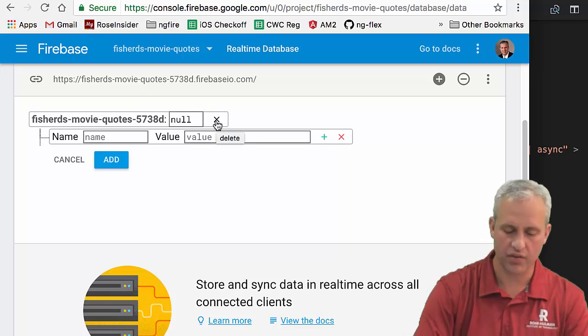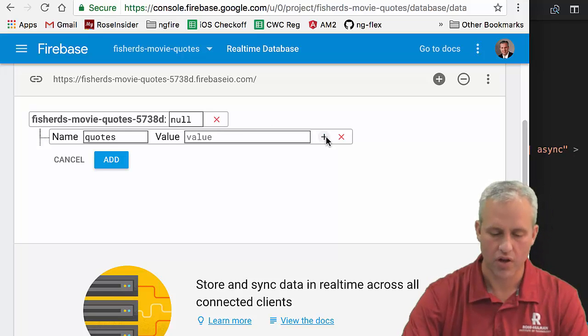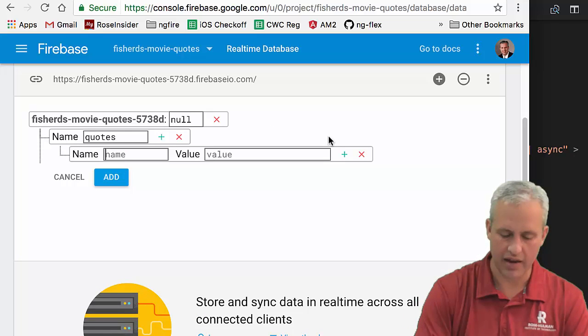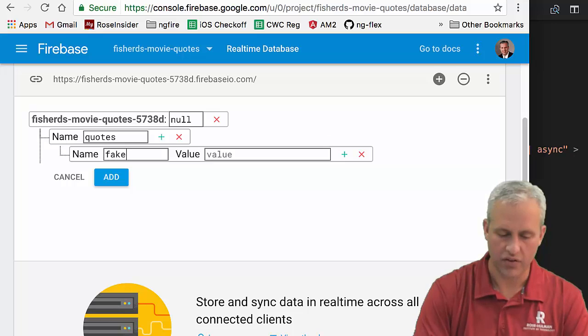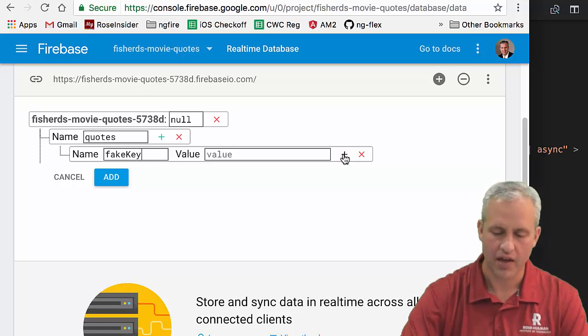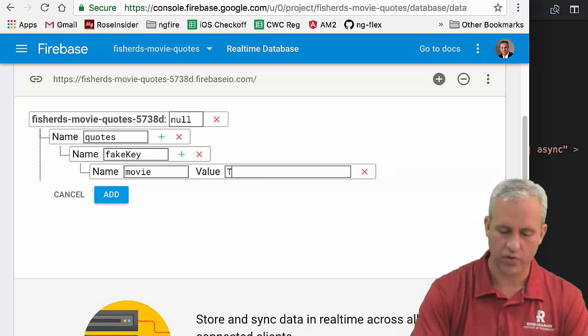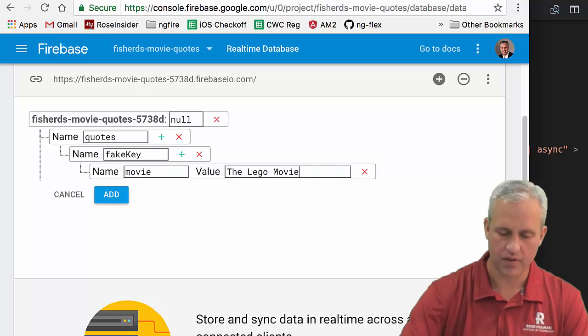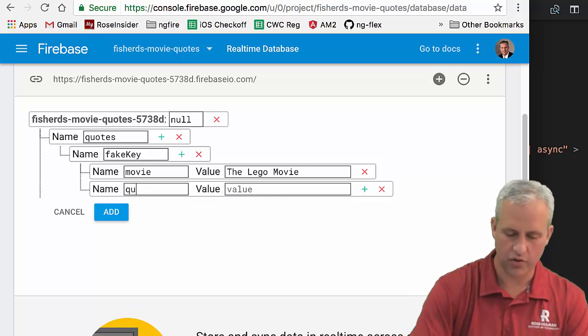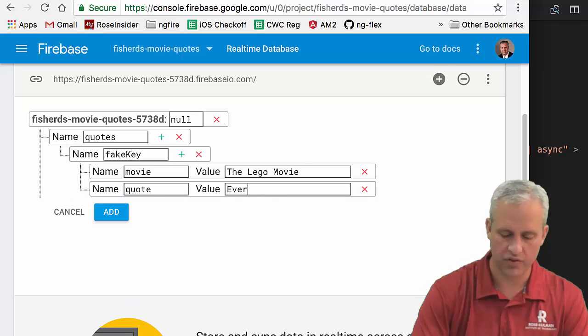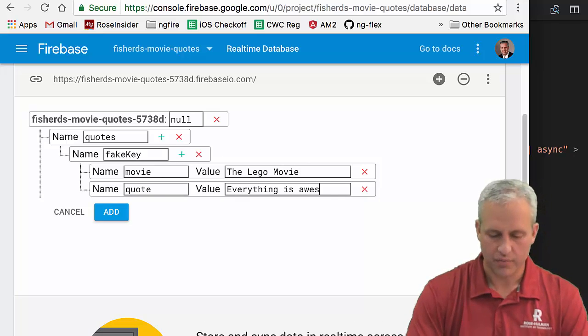So let's say that we've got a path called quotes. On this path, we've got a fake key. So this is my pretend key. I hit plus on that. It's going to have a movie. We'll just go ahead and give it the Lego movie. And then I'm sure you can guess the quote that I'm going to give it, which is, everything is awesome,